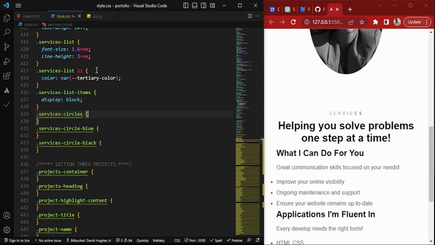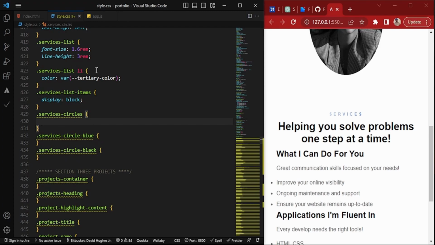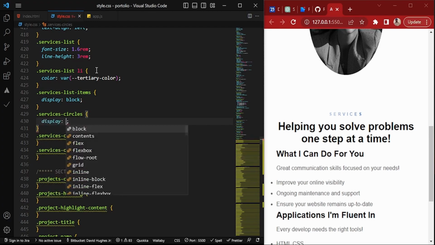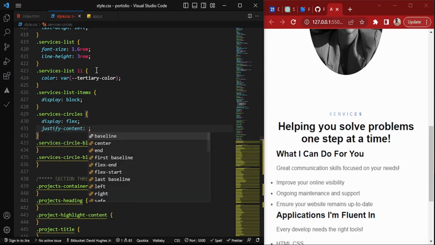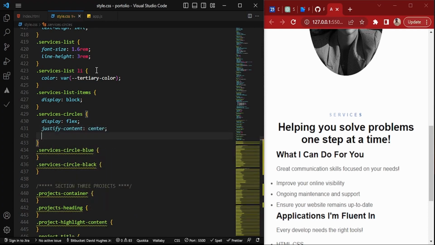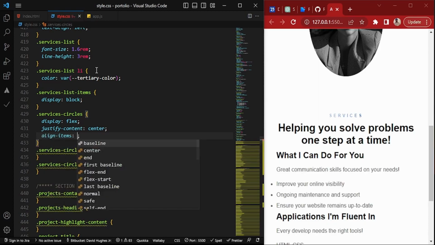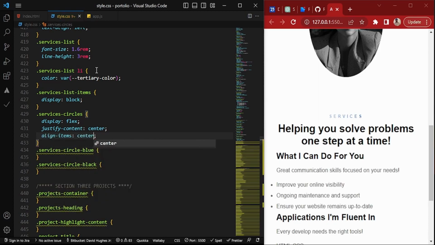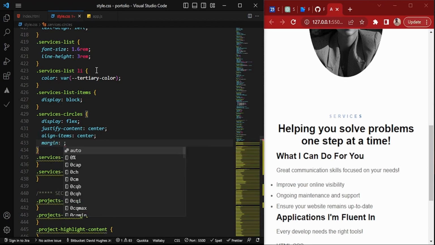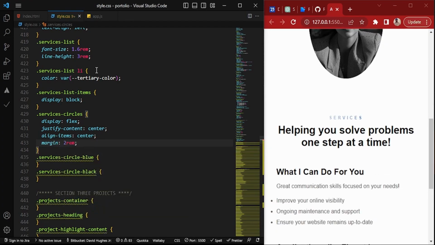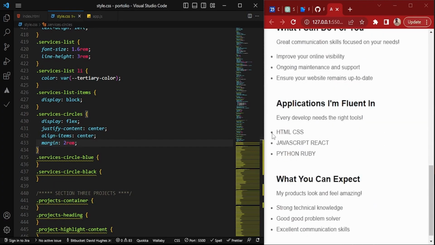We'll go to the services circles right here. And so right here, we'll add a display flex. So display flex. Going to add a justify content, and that justify content will be center. Next, we'll add align items. That align items will be center, and then we'll add a margin, and that margin will be 2 rem like that. Okay. Next, what we're gonna do is go down here,